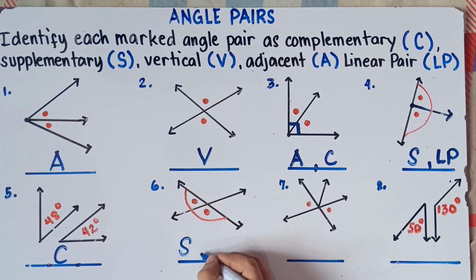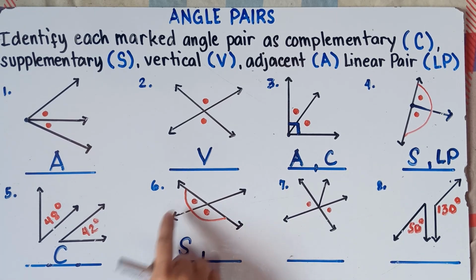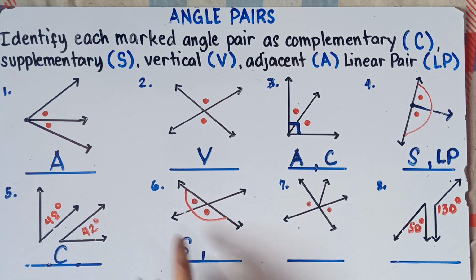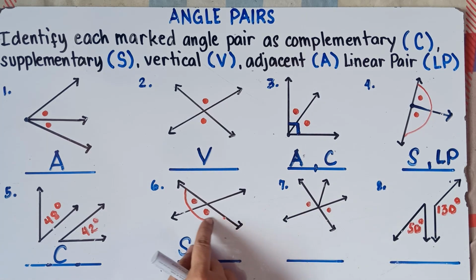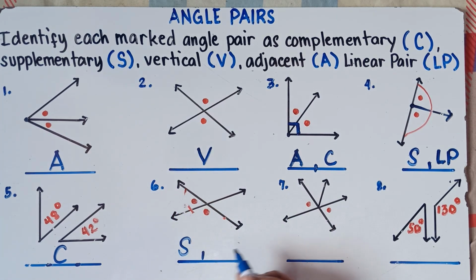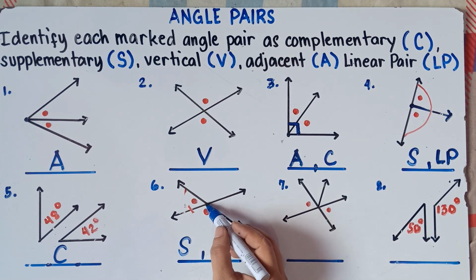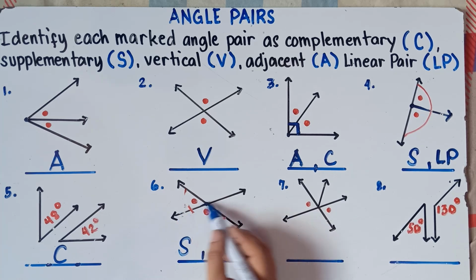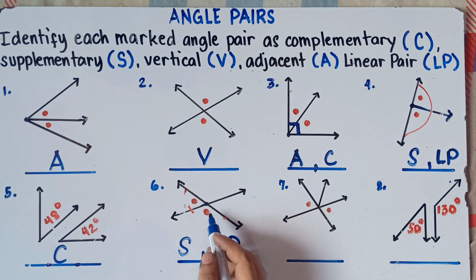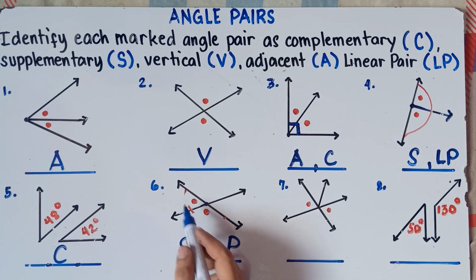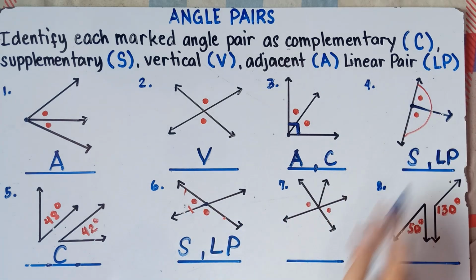So, supplementary angles. Next question, can we call this one linear pair? They both add up to 180 degrees. So, once again, for a linear pair, you will have two adjacent angles that add up to 180 degrees. Okay, two angles must be adjacent and they add up to 180 degrees. Alright, so can we call this one adjacent angles? Yup, because they share a common vertex and they share a common side. So therefore, this is also a linear pair. Once again, adjacent angles that add up to 180 degrees, we call that one a linear pair.